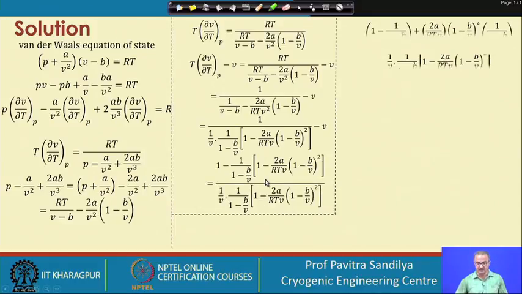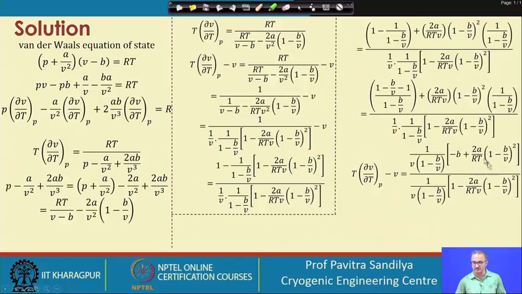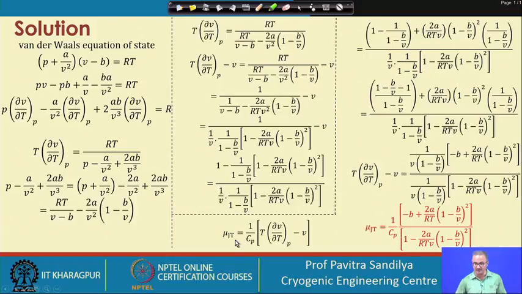particular expression. Now, after taking this expression, we have got that T ∂V/∂T at constant P minus V is coming out to be this, and now we go to the basic definition of μJT, and from this we find that the particular expression in the bracket has been replaced by this whole expression. Here this term and this term get cancelled off. So, we are left with these expressions which we put here, and this is how we are able to derive the expression for the μJT considering the van der Waals equation of state.